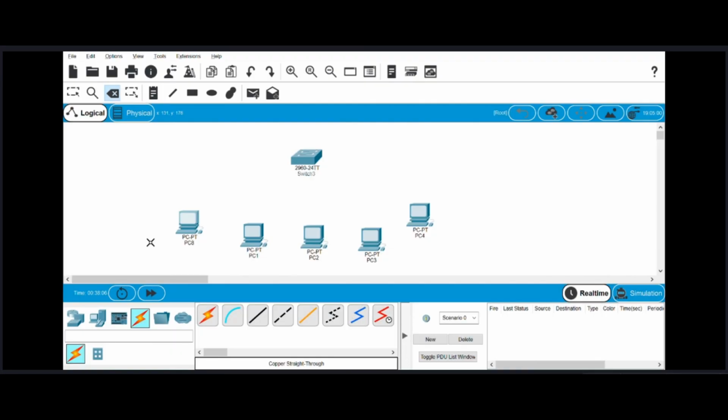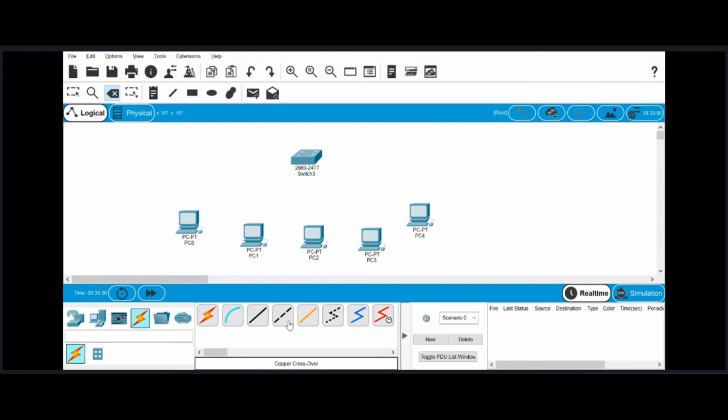Now we have to make connections between these devices using cable. There are two basic cables that we use. One is the copper crossover cable, and another one is the copper straight through cable. If I had to just connect two end devices, then I would use the copper crossover cable.